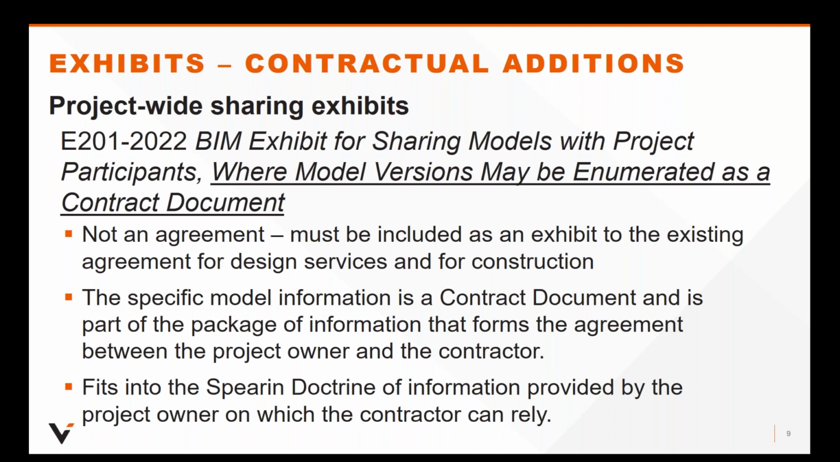AIA document E201 establishes the parties' expectations regarding both the development and the use of digital data, including whatever elements of the building information model are shared. Having set the baseline regarding digital data and BIM expectations, E201 then requires the project participants to develop and to adhere to a specific BIM execution plan, such as the G203 that we're